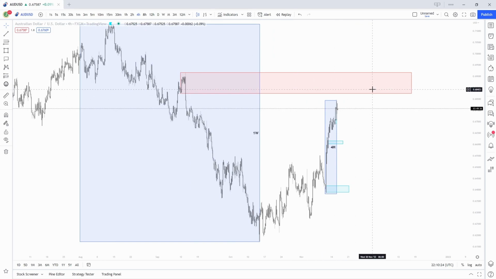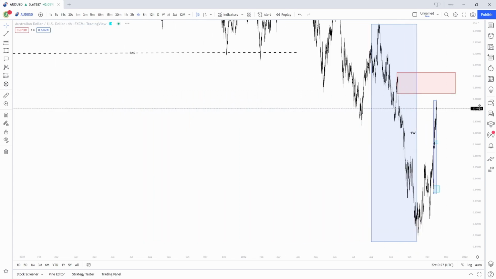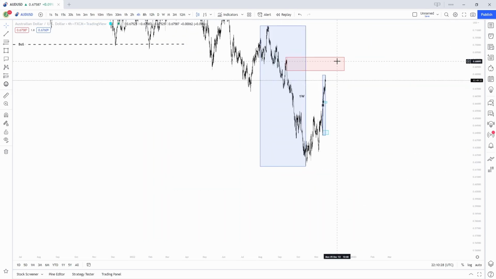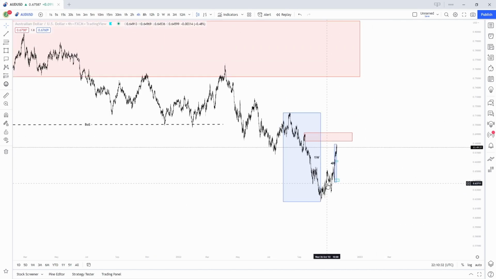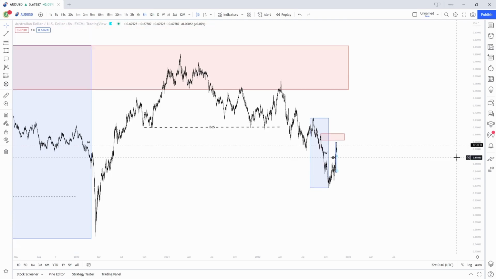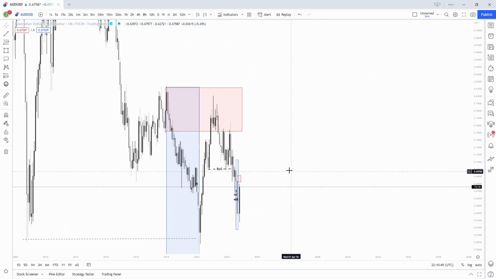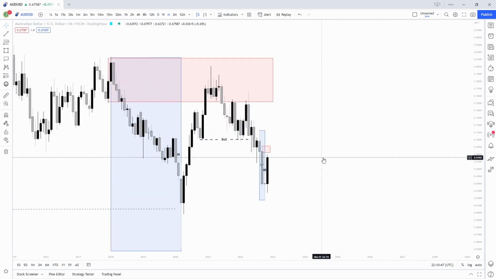If when we tap this zone, the mitigation introduces enough supply, we'd then expect the reversal and to see price then move lower. But if price then breaks through this zone and we don't have enough supply introduced from the mitigation and we start to come higher, we break 1 week structure. We then return to 1 month structure and say, right, well, if we break outside of that region, we know